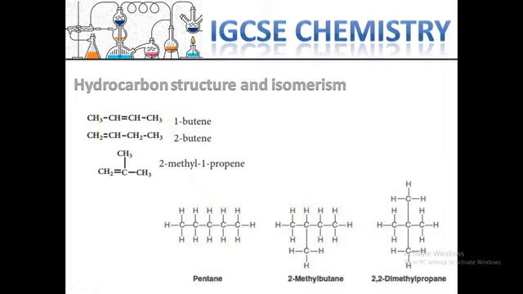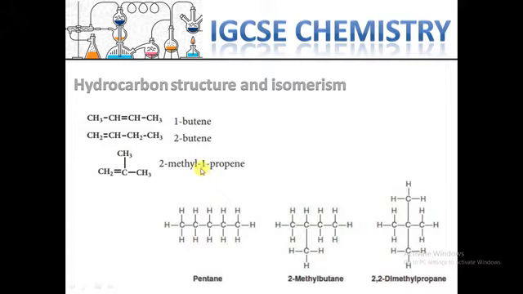That means they have the same number of carbon and hydrogen atoms. But as we can see, 2-methyl-1-propene has more branches. It has one branch, but actually the other two are straight chains. They are just a form of chain. So we can guess which of these three has the lower boiling point and lower melting point. Of course,